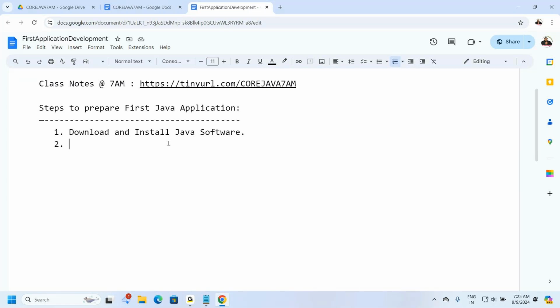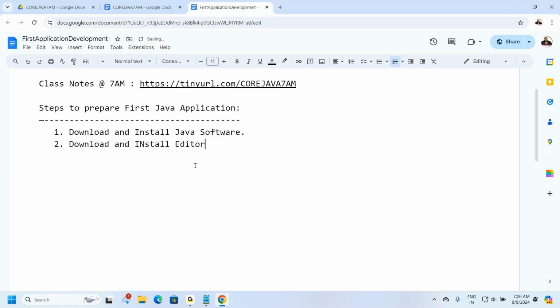Understand it, guys? What I'm telling you now. Okay? Right, so this is step number one. Step number two. Okay, we installed Java software, it's okay, fine. Then what next here? After the installation of the Java software, I need some editor or some IDE to type the program, to write the program. So definitely we need a place, right? Where are we going to write the program? Definitely we require some editor or maybe an IDE. So that's why I am telling you,